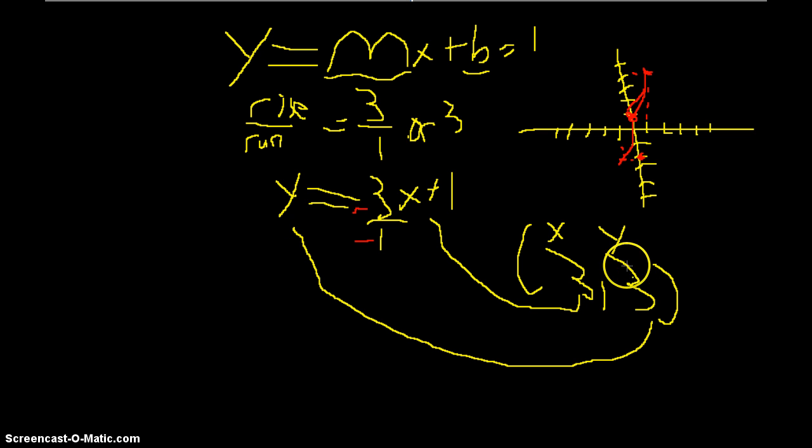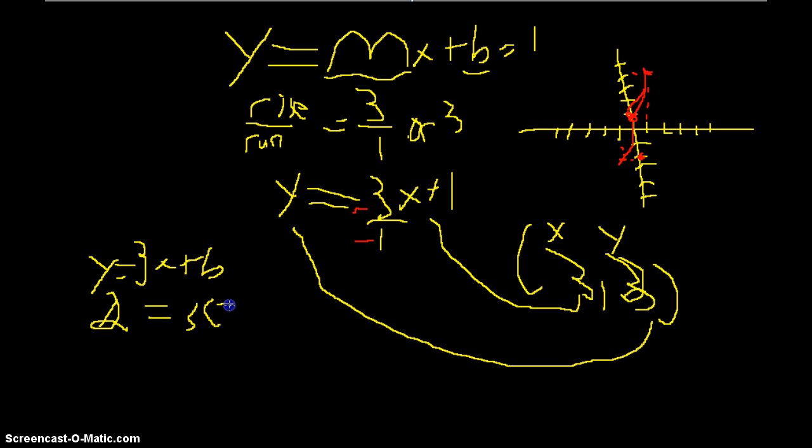That wasn't a good example, so let's say this was 2. Let's just change this to 2. So this is 2, and then the 2 would go right here on the y. And then you could plug that in, so let's say there's no y-intercept this time. So y equals 3x plus b. Now we're going to plug these in, so it'd be 2 equals 3 times 3 plus b, and then you could solve for b,